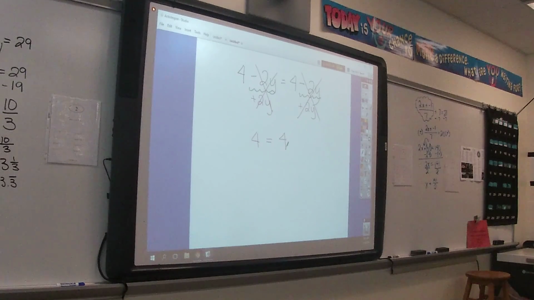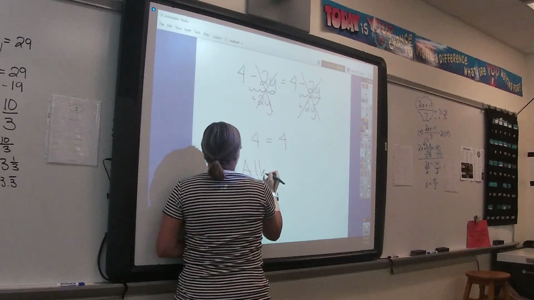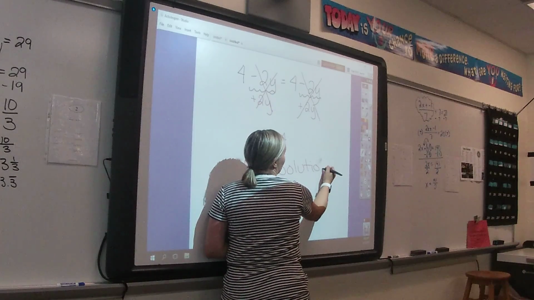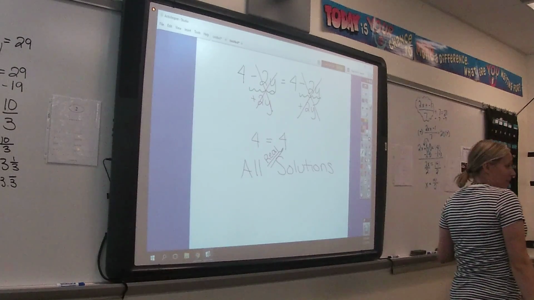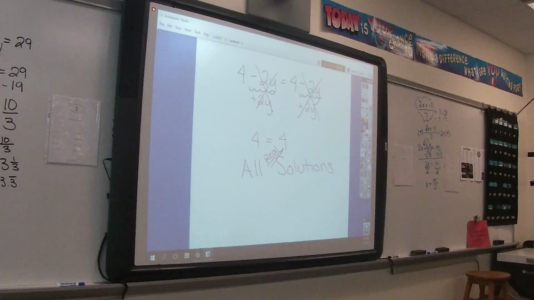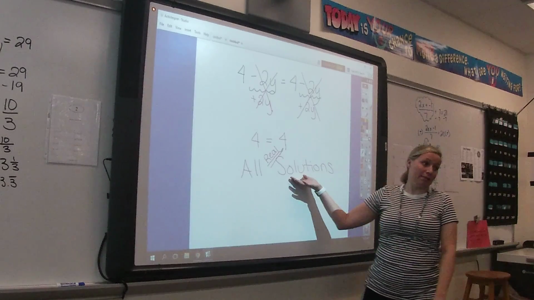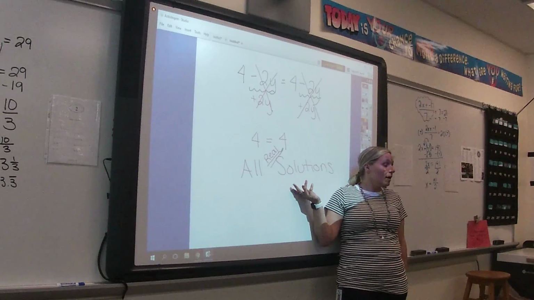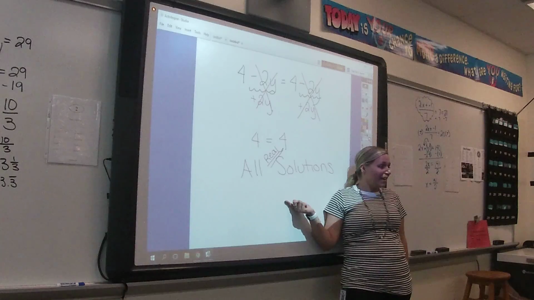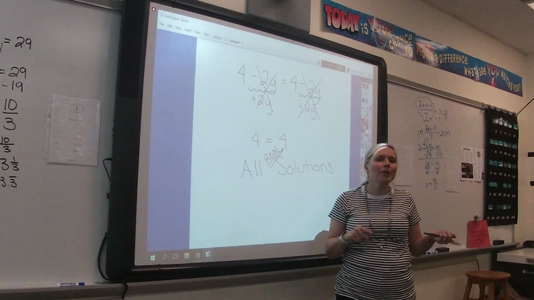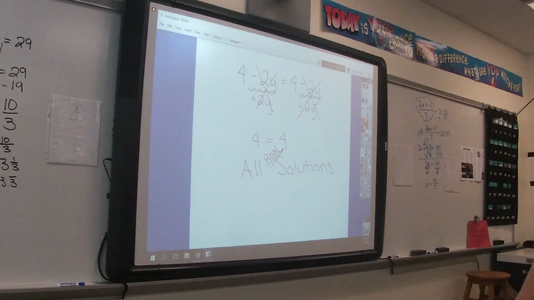Is this true or false? True. Anybody know what we write if it's true? All real. Yes, I even love that word even more. I love this. All real solutions. It is very tempting to say infinite, and we're actually going to talk about it. It is a true statement. This has infinitely many solutions. And in fact, on state testing, there is a possibility that they will label this as infinitely many solutions. It's not a wrong statement. It's not the best statement. Okay, what